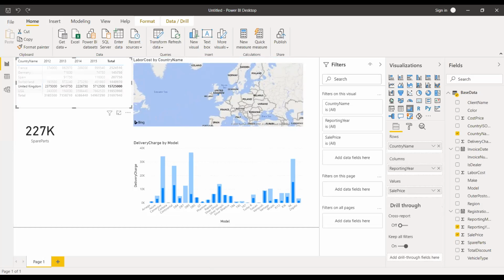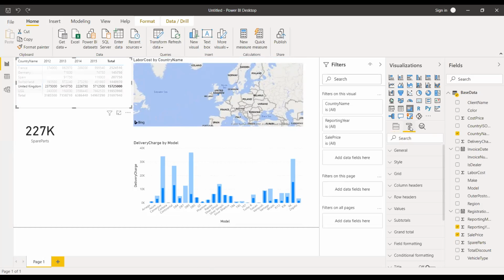You can edit some things in your report. What you can adjust, you can use the format painter. Format painter can be used to adjust a few headings, colors, font sizes, and other things. Suppose I want to see the grid lines in this matrix.